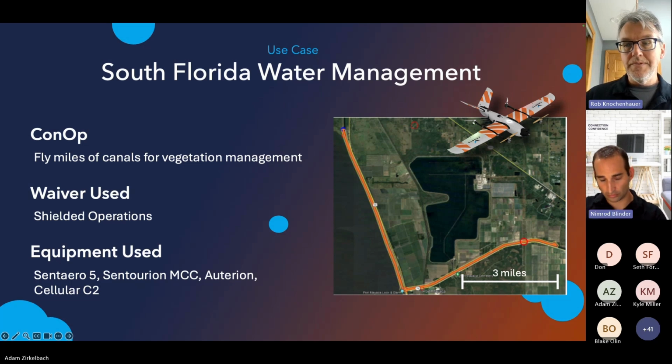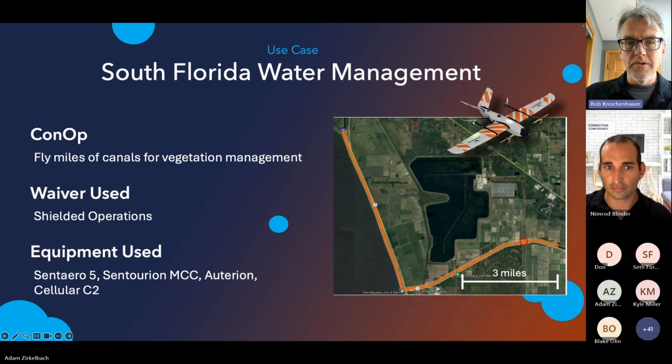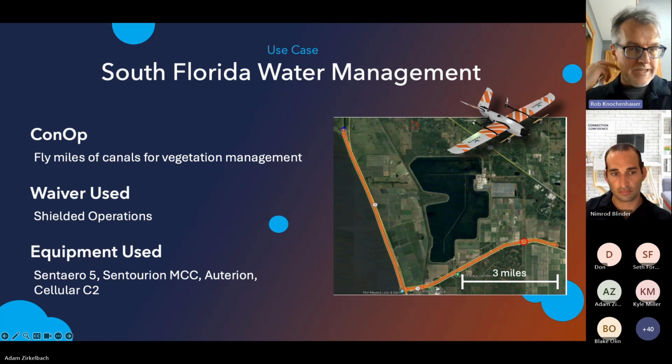The reliable aircraft was part of what made this operation viable. But really the biggest thing, and this was a watershed moment for us, was the reliance on the Elsight Halo. The Elsight Halo gave us the C2 link assurance that we had frankly never experienced being able to do this operation. In this case, the aircraft was flown 15 miles out from the launch and recovery location in the west in this image,